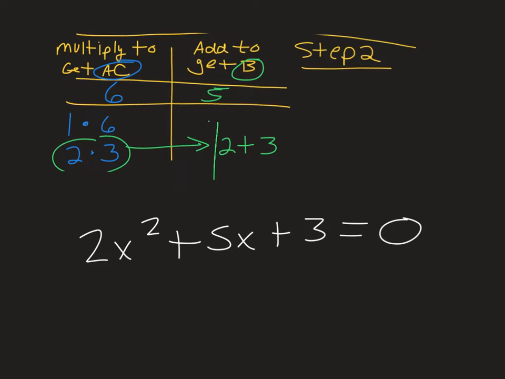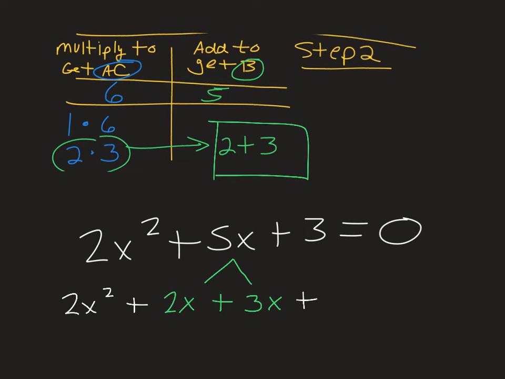So now that you've gotten that number 2 and number 3, what you're actually going to use it for is to take that middle term, so that 5 times x, and you're going to split it into 2 terms. You're going to split it into 2x plus 3x. Then you're going to bring the rest of the formula down. So 2x squared plus 2x plus 3x plus 3 is equal to